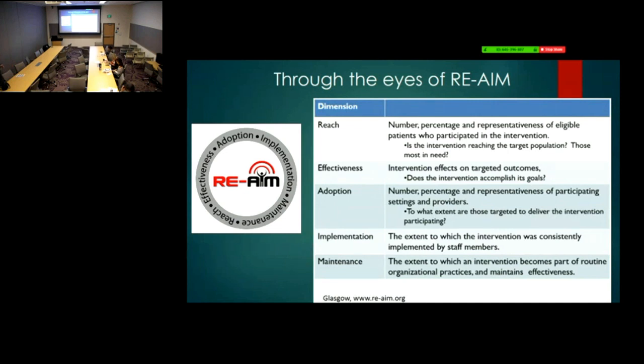All right? And then maintenance has to do with the extent to which something becomes a routine part of practice. All right? So you could do a weight loss intervention for kids, and they do it a couple of times, but then all these other factors intervene, and then it just doesn't get sustained. So sustainability of good interventions is really, really important. So those are some of the things you want to look at in a D&I study that are in addition to what you would do with a regular study.